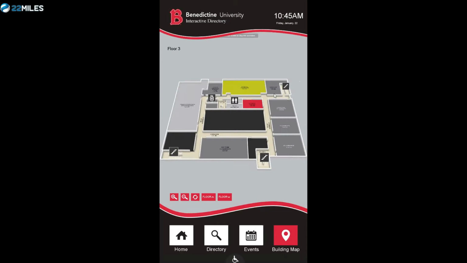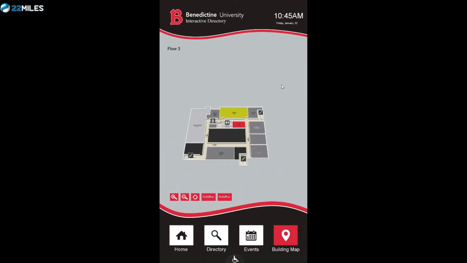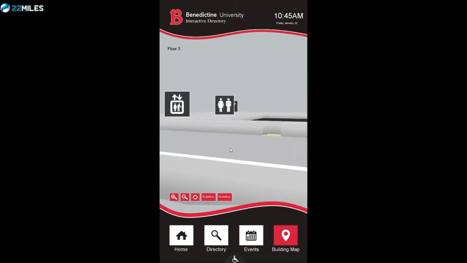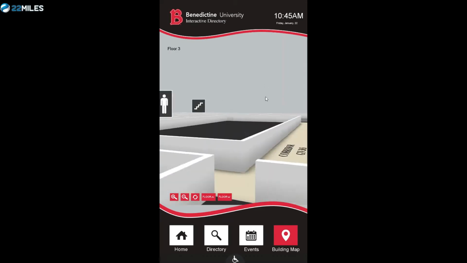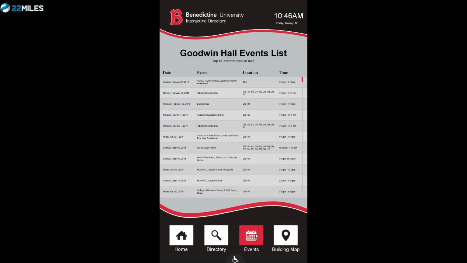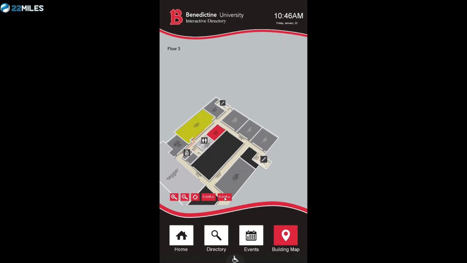We're one of the only solutions in the world that provides you 3D mapping, that you can actually build the floors. You have the flexibility to edit the 3D. I can pinch out, and then I can actually rotate the solution 360 degrees and pinch in and actually feel like I'm walking in the hallway. So pretty cool design. Click on events, click on building map, click on the different floors,